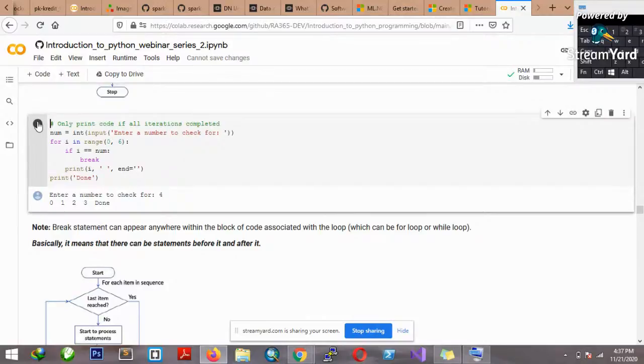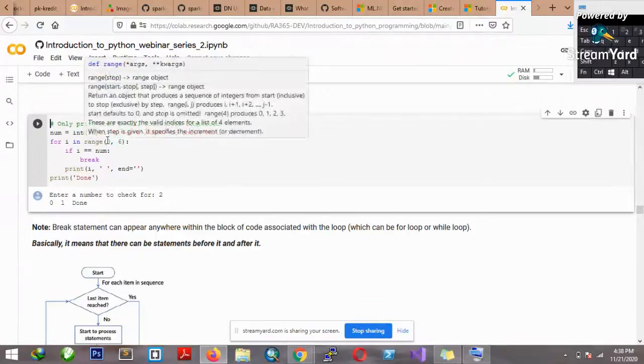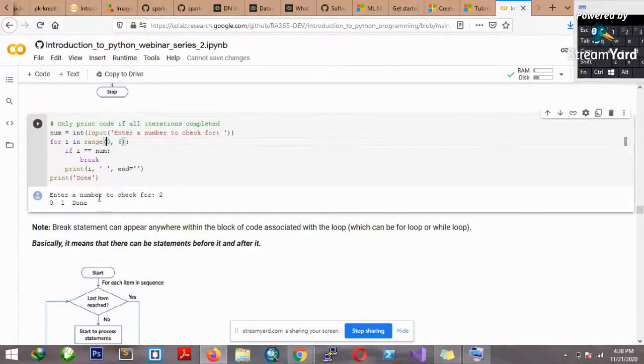So let's try it again. Let's say 2. So you see 0 and 1. So once it gets to this, it stops counting. Because the count starts from 0, that's what we set here. So